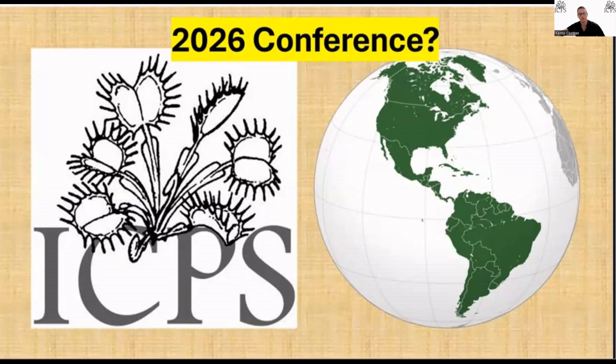2023 was Japan, 2024 was Vienna, Austria. The reason those two were back-to-back is that Japan's conference got delayed by four years, maybe even five years, because of COVID. Every time we have a conference, it rotates. So we do know that the conference is going to be in the Americas. That could mean North America, but it also can be Central America or South America